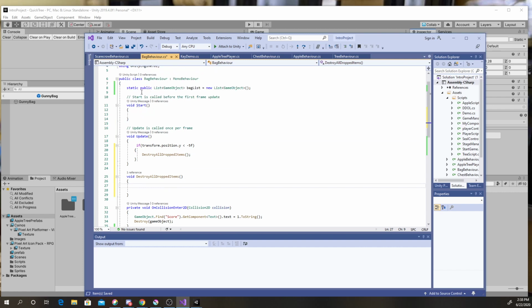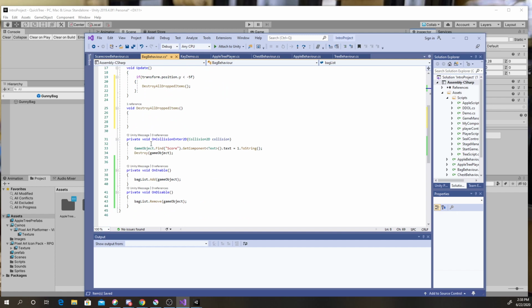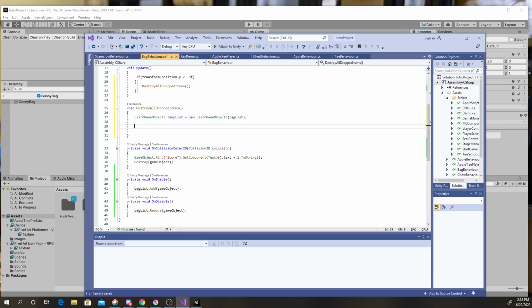We're going to create a temporary copy of this list, a locally allocated version, and this one's going to be called temp list. We're going to initialize it with bag list. So we're going to create a temporary list that's the same type of list, starting off with bag list there. So now we could say foreach